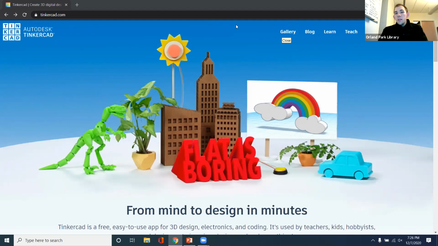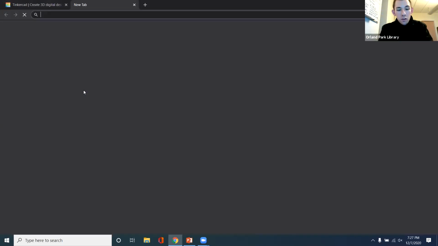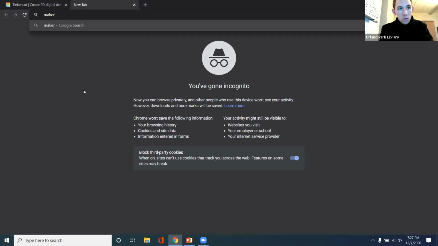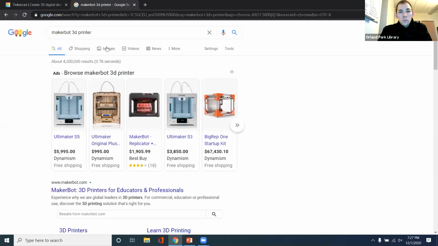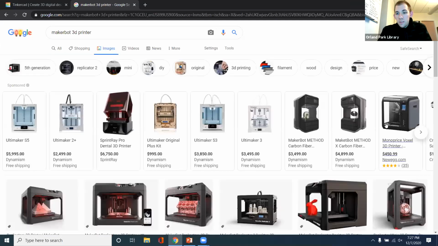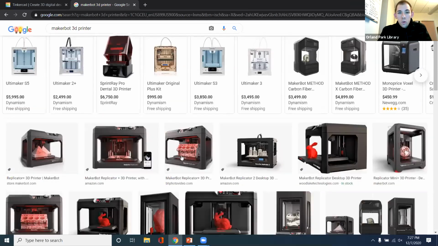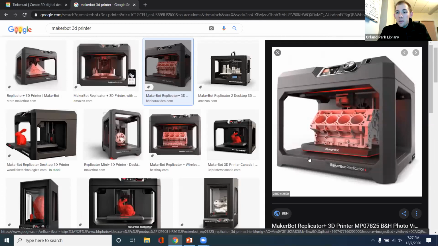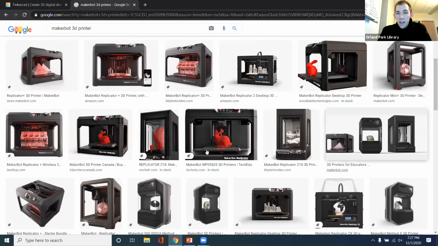With the scale of the object, we have two 3D printers. We have a Makerbot that's very tall. Here's an image of it right here. To give a more visual representation, there's two of them. One of them looks like this right over here. It's a little bit smaller, but then we have a taller one that looks exactly like this,